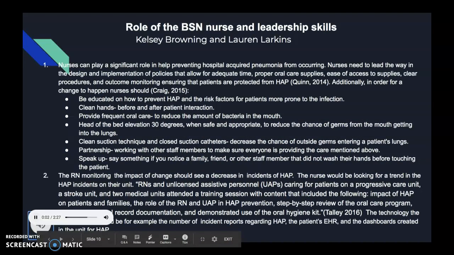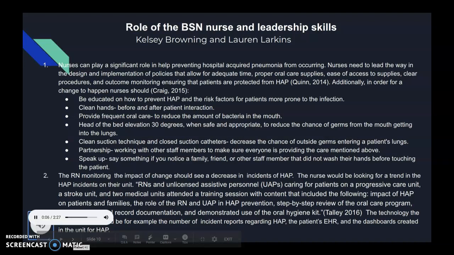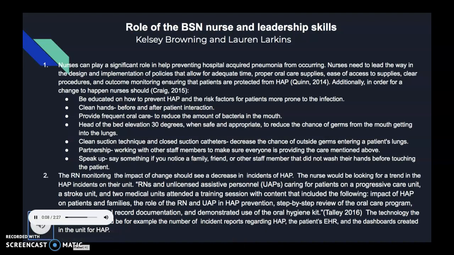This is Kelsey Browning, and I did question number one on the role of the BSN nurse and leadership skills slide. For number one, nurses can play a significant role in helping prevent hospital-acquired pneumonia from occurring. Nurses need to lead the way in the design and implementation of policies that allow for adequate time, proper oral care supplies, ease of access